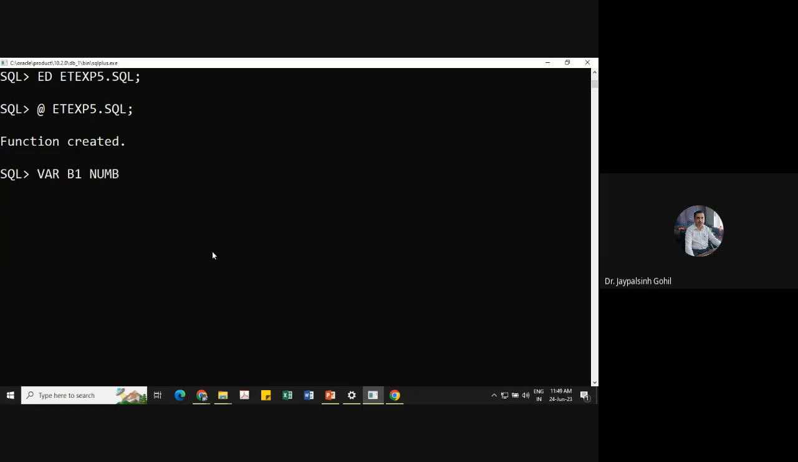Which type of value is returning by function? Numeric. So I will write number. Now let me execute. Can you tell me the function name? I have told you to remember. Can you write it in chat box? Function name, please. F square, right? So I will write F square,